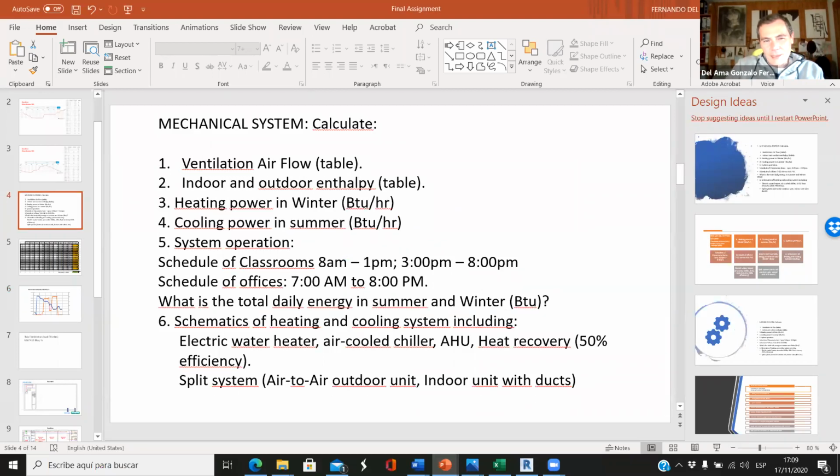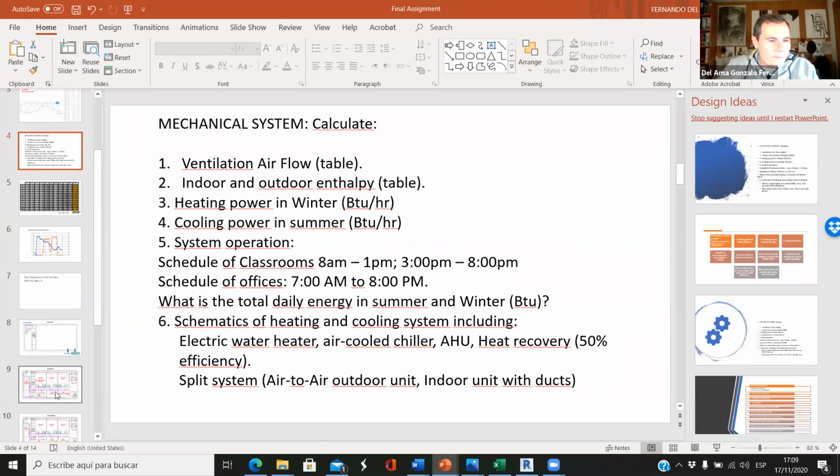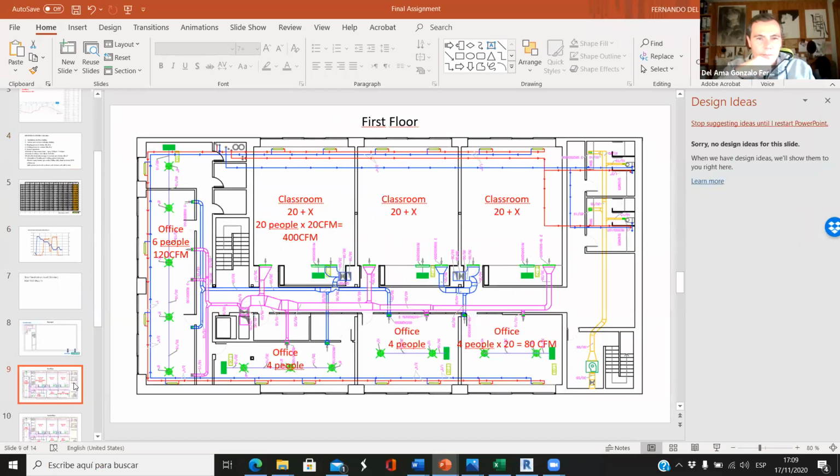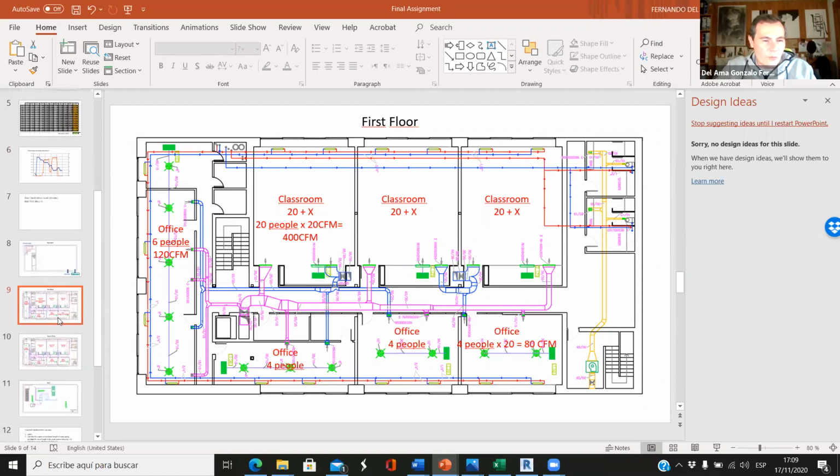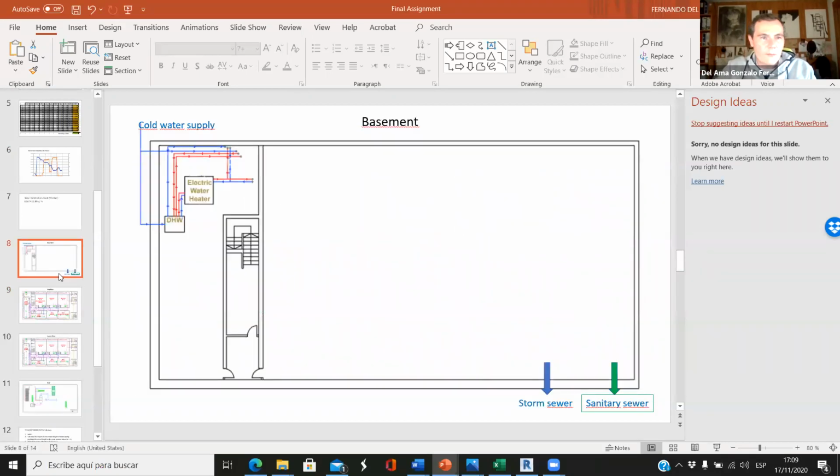And now what about the schematics? Well, I want to explain this because, as you have seen in this building, we have different elements. How does it work? We need to understand the building. So what are the elements that we have? We have a mechanical room, the basement. In the mechanical room, we have a domestic hot water heater and an electric water heater. Why do we need two water heaters? One is for domestic hot water because